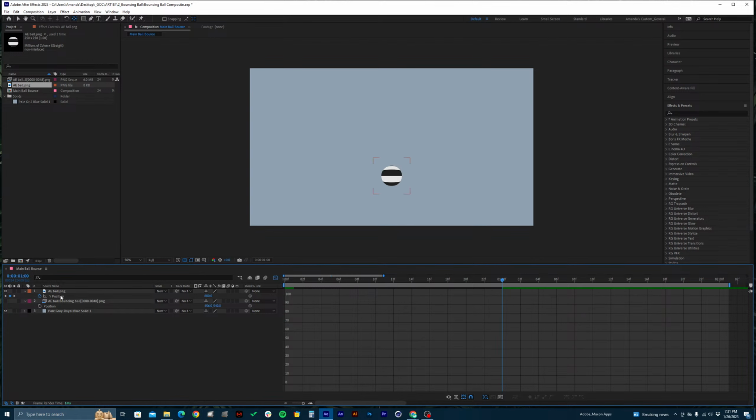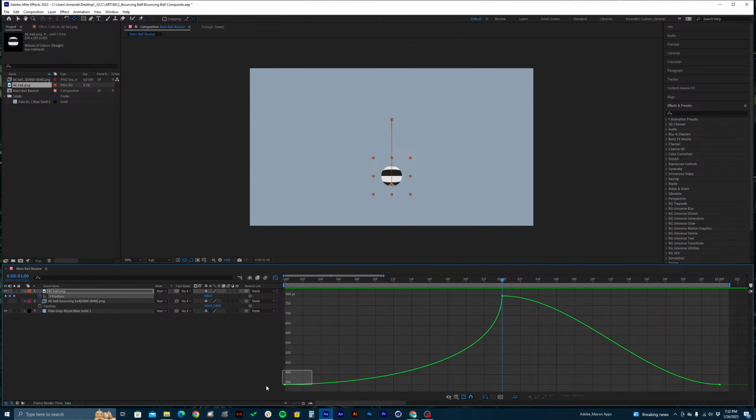All I did there on accident was click off of the layer, so it didn't show the keyframes. I'm going to click and drag and grab that keyframe, and then I'm going to take that Bezier handle and bring it in that way, right? This is going to be a much more dramatic acceleration down. Like it's going super fast down and then going to hit. Watch, if I play it right now,